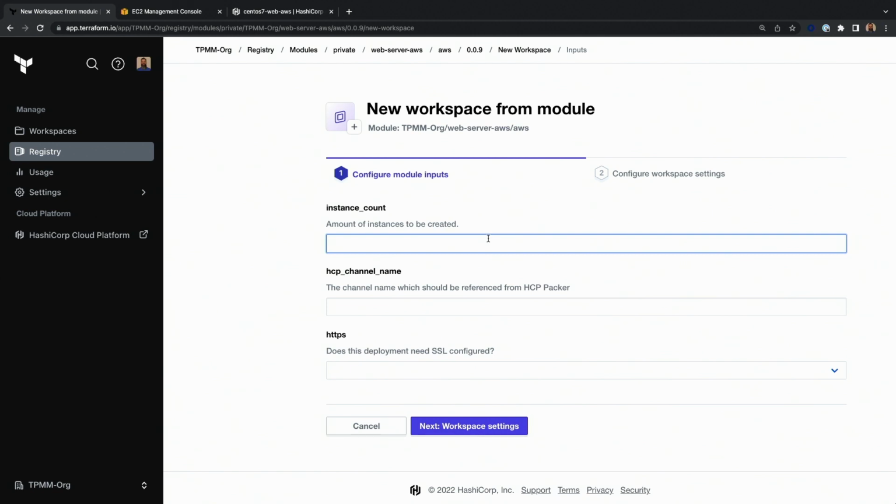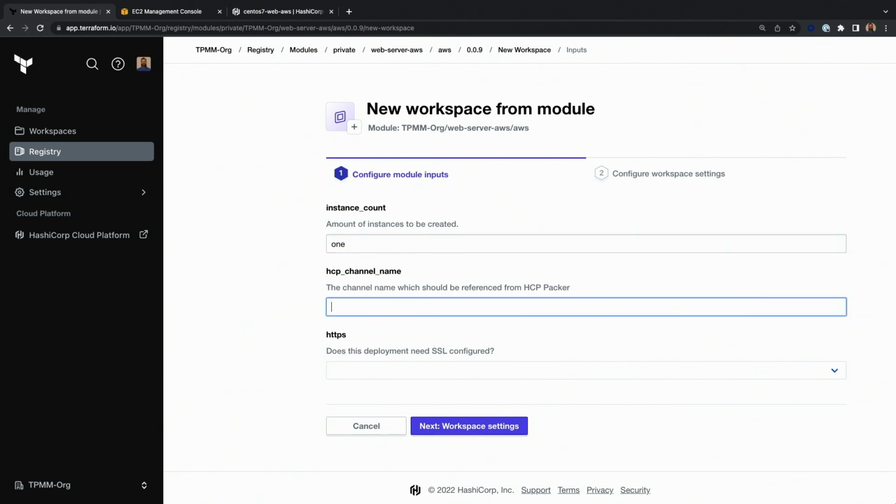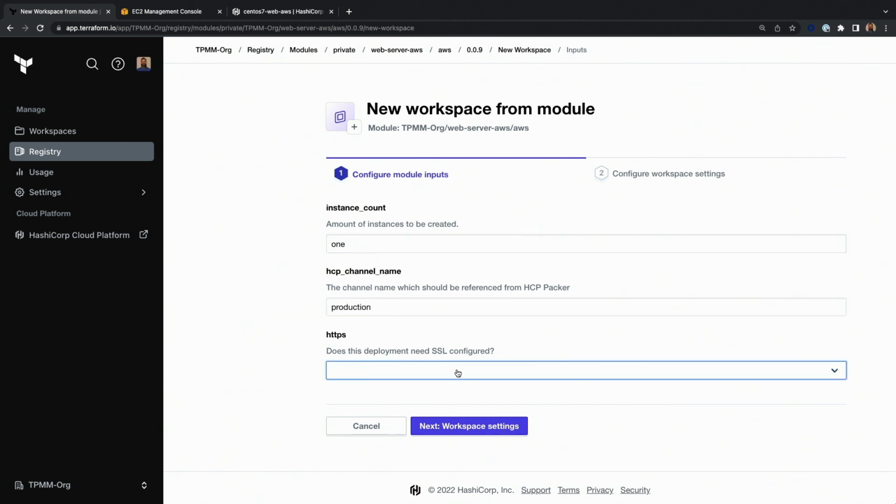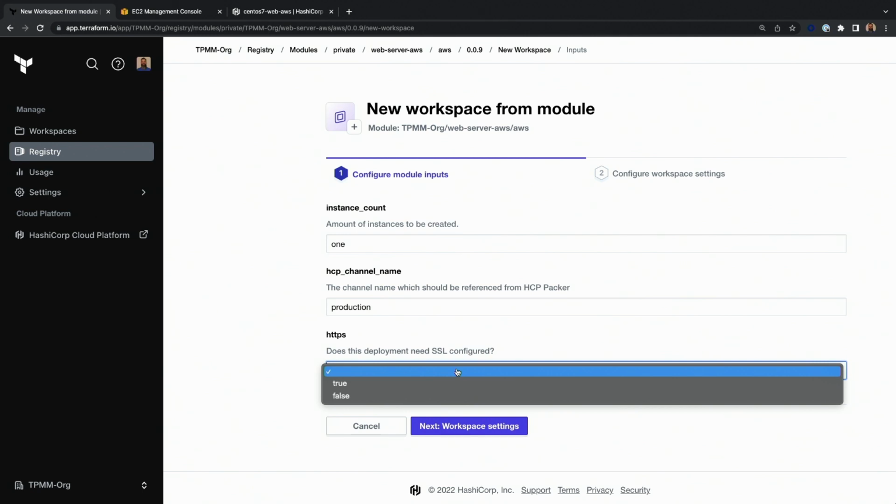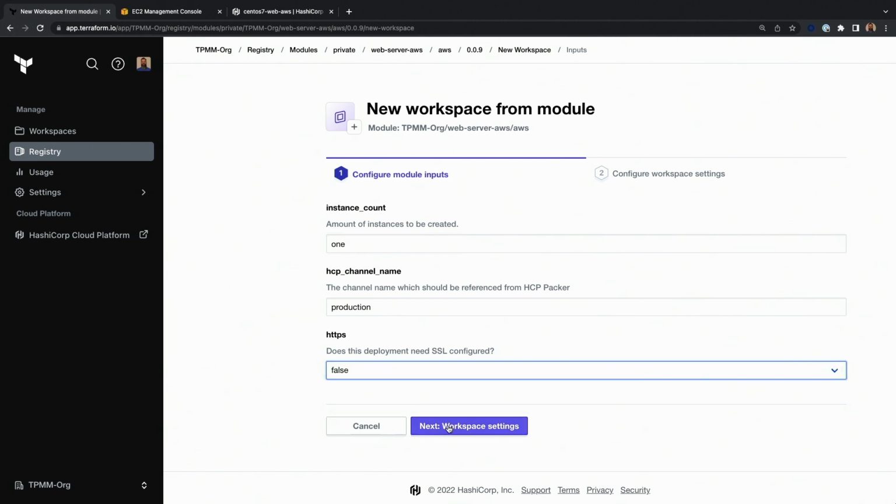So it's saying, we would like an instance count. We'll tell it 1. HCP Packer channel name, we'll do production. And then for HTTPS, this is actually set as a Boolean, so the UI knows enough to actually set this as a true or false option. So next up, we're going to hit,